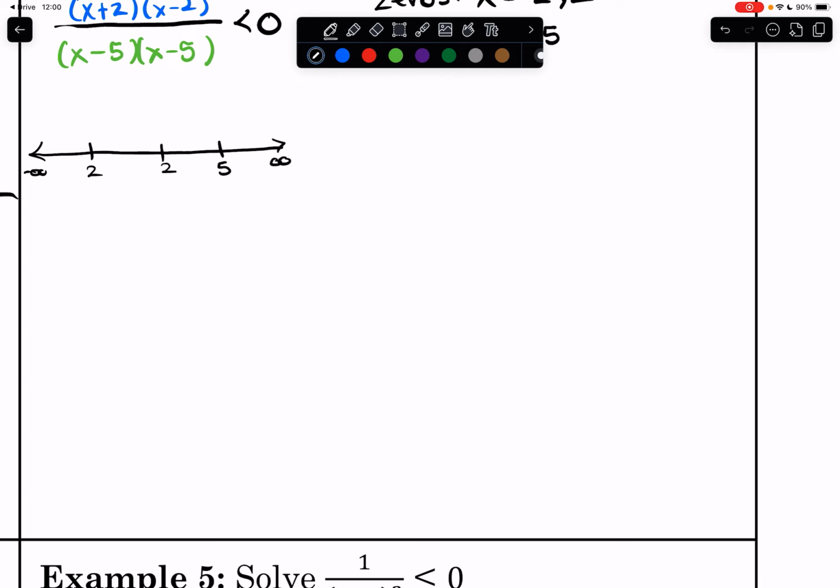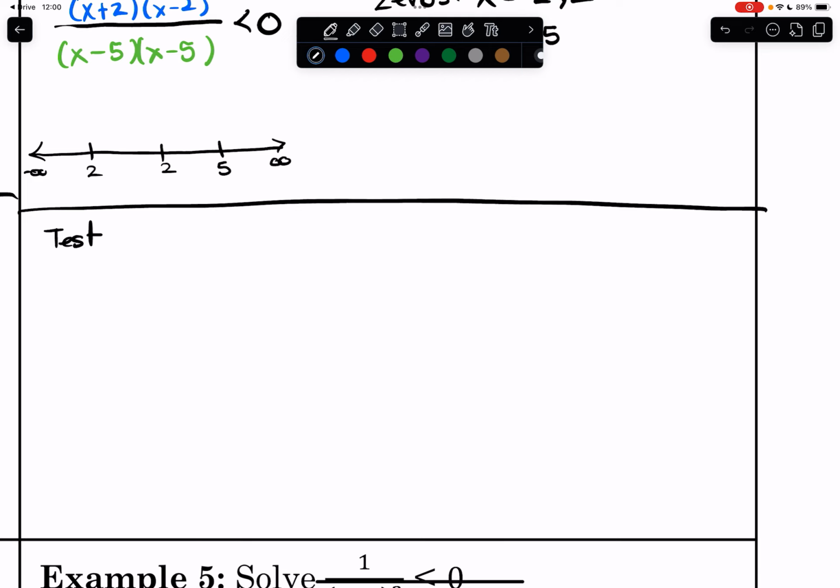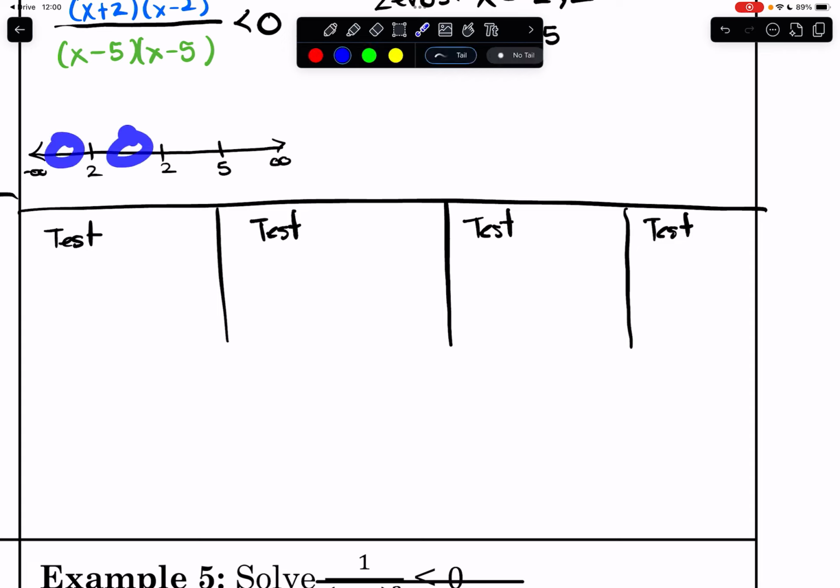So now there's 4 intervals, so let me break this up into 4 places. We're going to test 4 different numbers. So test 1, test 2, test 3, and then test 4. Again, 4 intervals in between those, 2, 3, and 4. So let's do it on the very far left. Let's start by testing